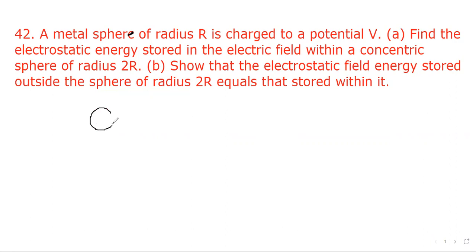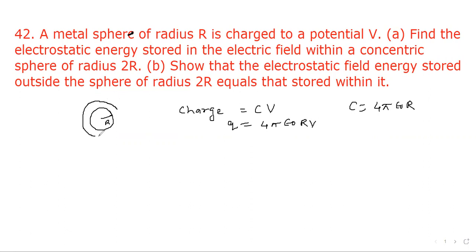So there is one sphere of radius r and it is charged with potential V. Then charge on it will be CV, but we know that capacitance of a spherical conductor is given by 4 pi epsilon naught r. So charge Q will be equal to 4 pi epsilon naught r V. Now we consider another concentric sphere of radius 2r, and since charge contained in this sphere is also the same,